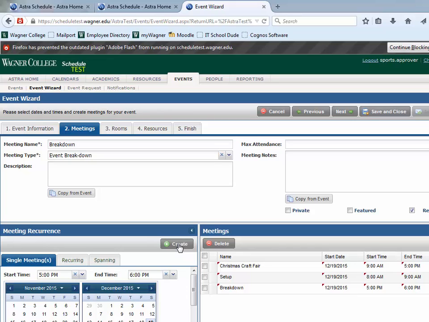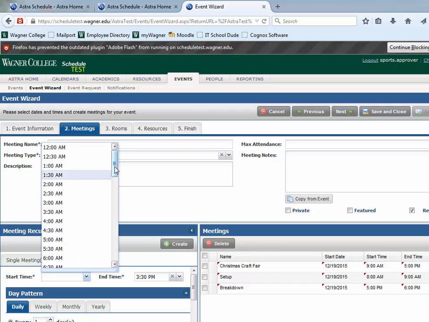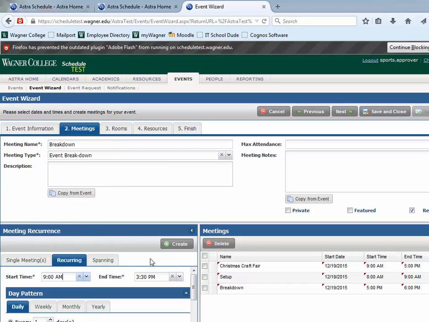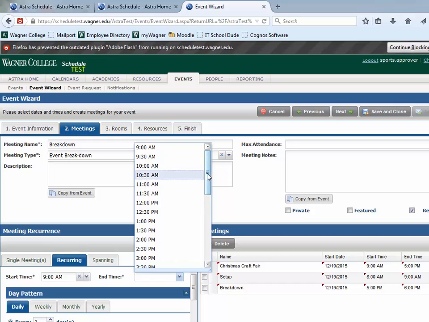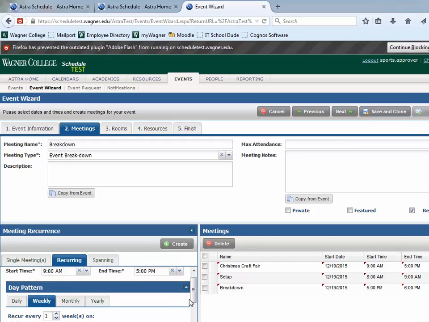If this event were going to occur 2 weeks in a row, we could use a recurring event as well. Let's say that the Christmas craft fair was going to be held 2 Saturdays in a row. What we would do is click on the Recurring tab, choose a start and end time, which in this case would be 9 to 5, if the fair is on the same time each week. So it is in this case, so we'll do 9 to 5. And then since it's going to be 1 week after the other, we'll choose weekly,